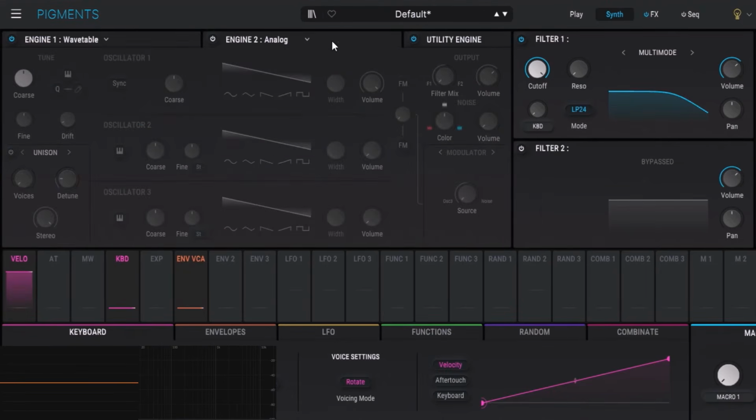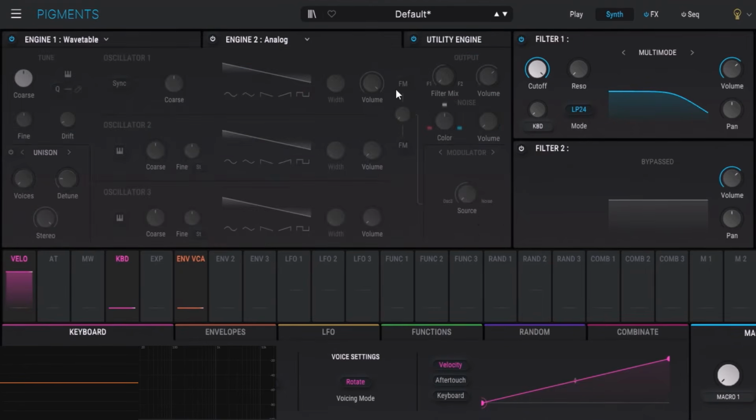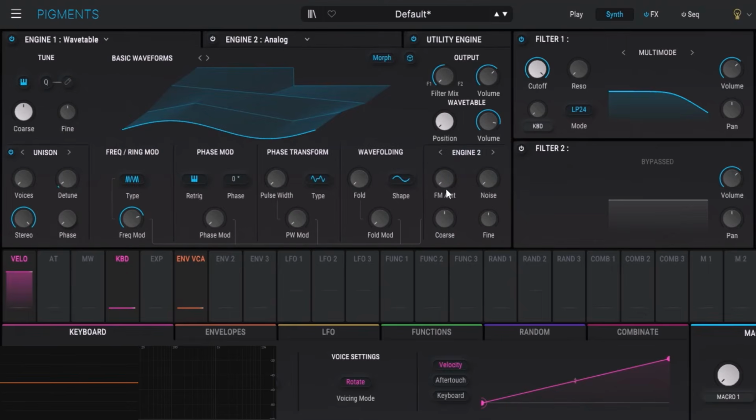We discussed this on the analog. We can choose the Engine 2 as a modulator. And on this, if I go to analog, we have this interface, which is going to be the FM amount, whatever it is that we are doing on the analog. I can even go to a different wavetable and notice that we have the same thing that we have on the analog. We can change the waveform, but essentially we can use the Engine 2